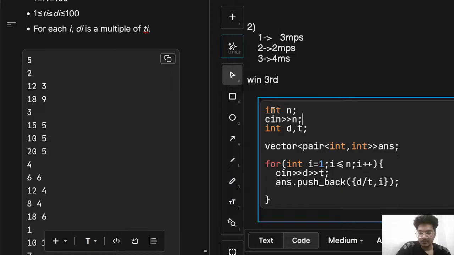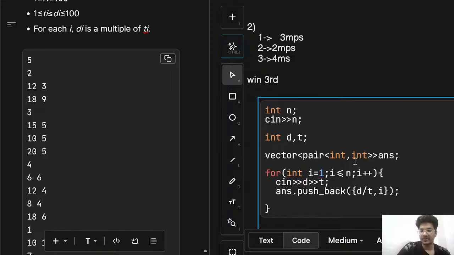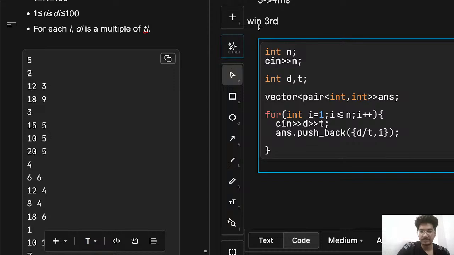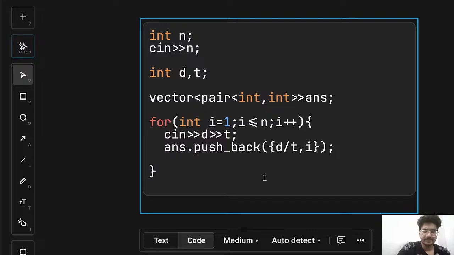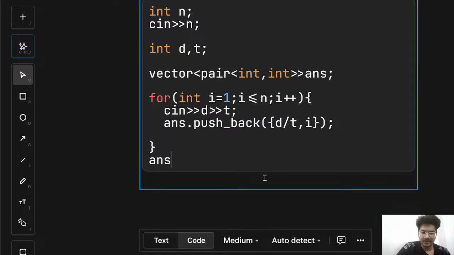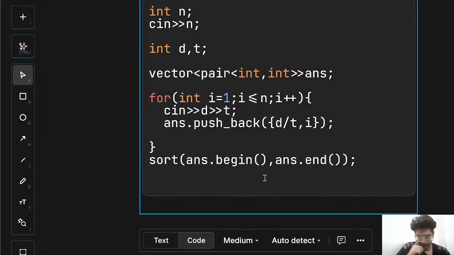Okay, we take the number of cars, we take the input, we initialize the values d and t, and the vector of pairs in which we store the answer. After that we repeat until the value is less. After that we have to sort the answer, so simply sort: sort(answer.begin(), answer.end()). After sorting the values, we have to return